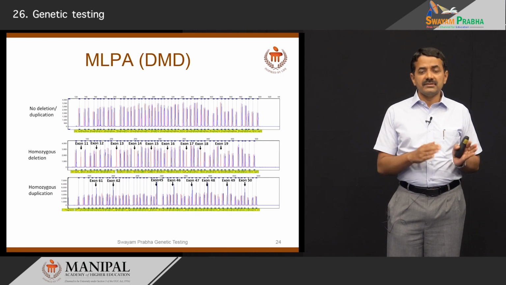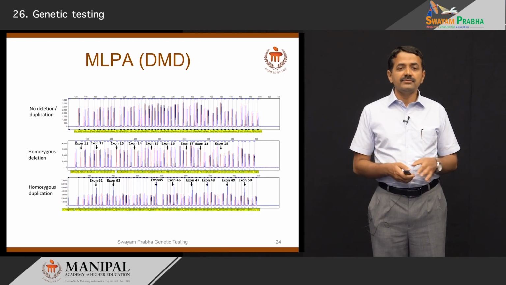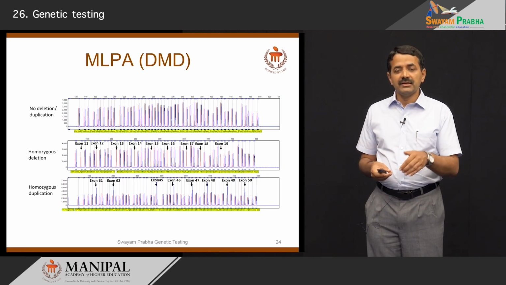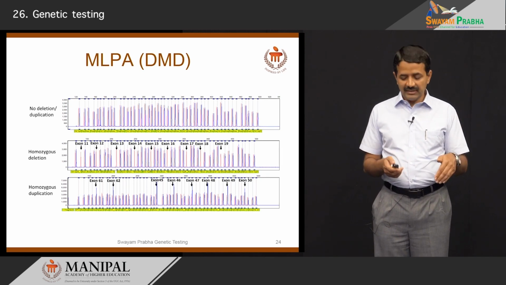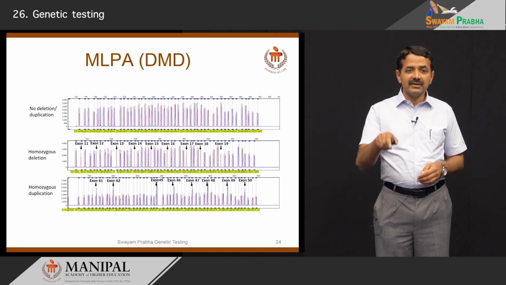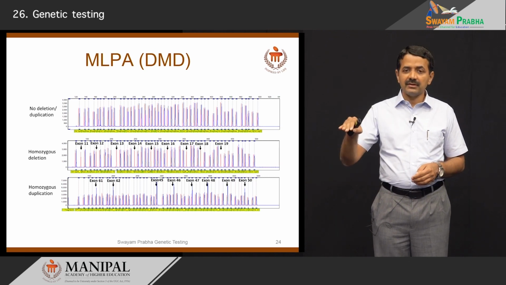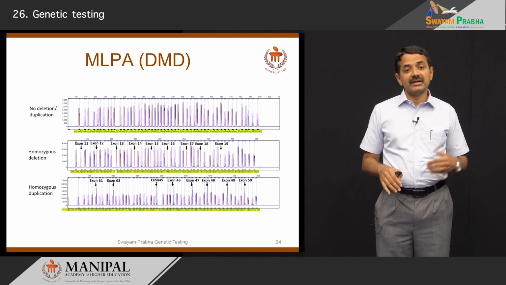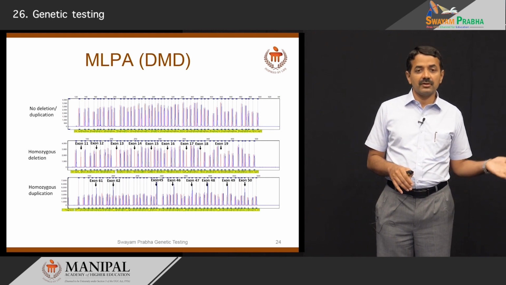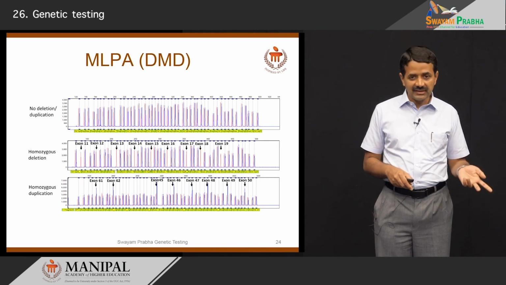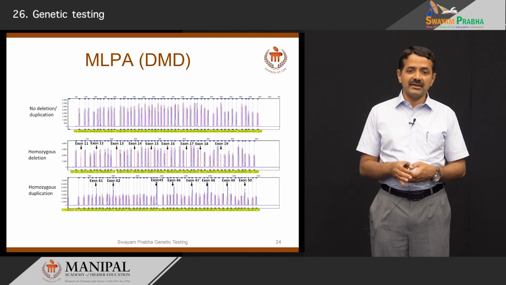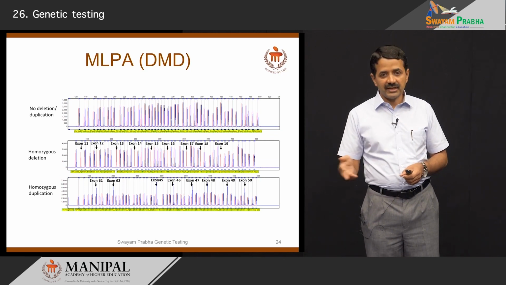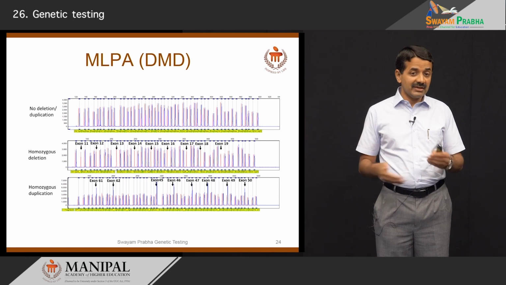DMD has 79 exons, and using MLPA all the 79 exons can be amplified selectively, and then you can see whether there is a deletion of a particular exon or duplication, which traditional PCR or multiplex PCR does not detect. This is a specialized technique where we can see deletions as well as duplication across the DMD gene, but remember